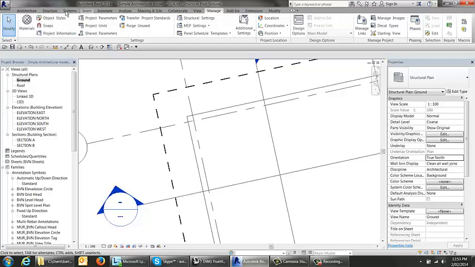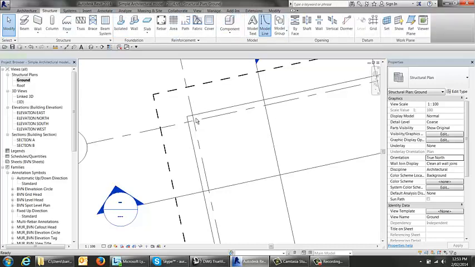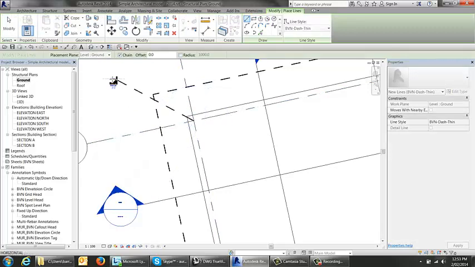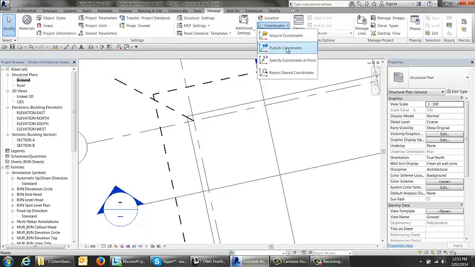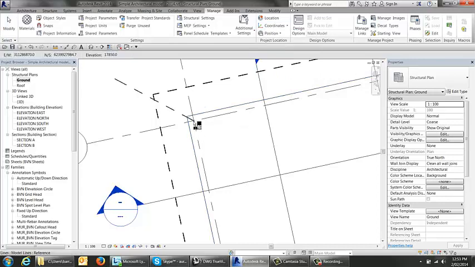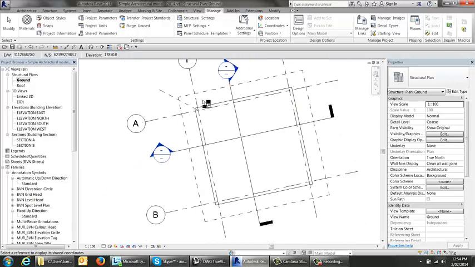Another good little trick to do is to just quickly whip down a model line and then go Manage, Coordinates, Report Shared Coordinates, and look, that's all really survey grid. So that's sort of 300,000 east and 6 million north, and it's got an elevation of an RL of 17.85 meters. Change that back